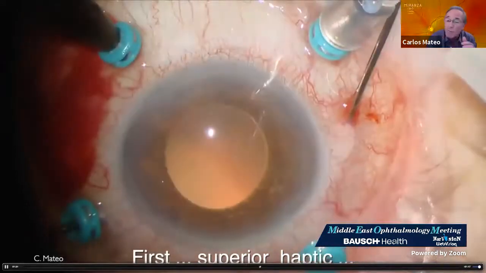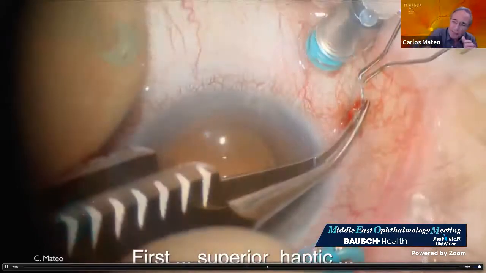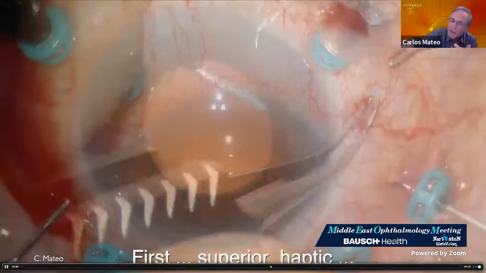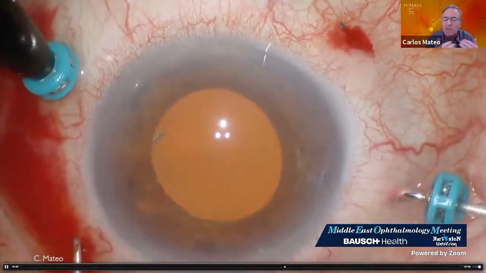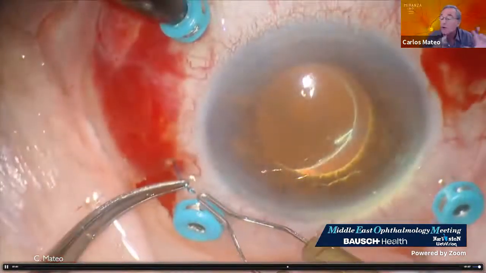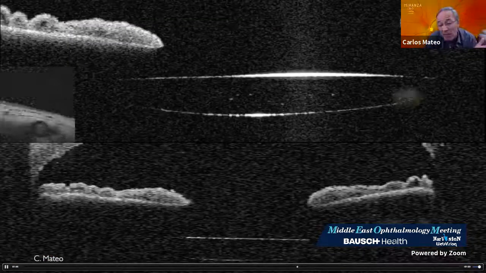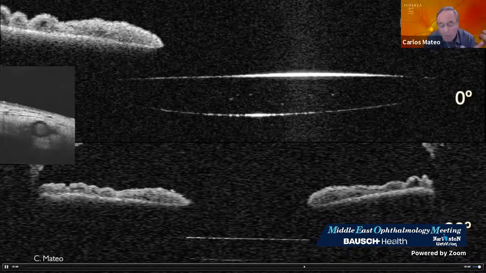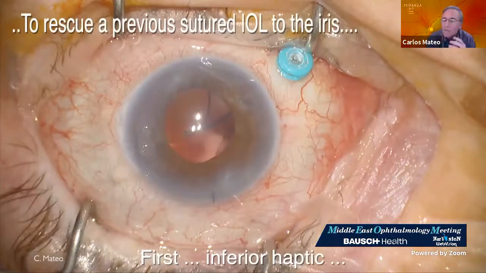And then we remove the optic out, do the flange, put the optic down to the vitreous cavity, the flange remains out, and then the inferior optic. And this for me is much more easier. This is the contrary when you exchange the lens. But for me, there is one problem with the Yamane technique. This is not here on the slide, but there is one problem with the Yamane technique is the